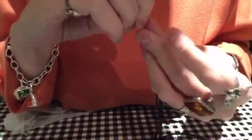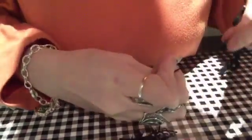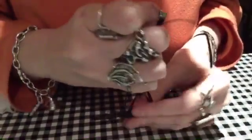Now, to close it, what I'm using is just a spacer bead, a tube with fancy filigree on it. It's nice and wide so that I can get this ribbon all through it. So I'm holding all 4 of the ribbon pieces together and just putting them through together, which is the easiest. And this bracelet is great because it's one-size-fits-all. You don't have to say, oh, I made it 7 inches or so many inches, and it has to fit,